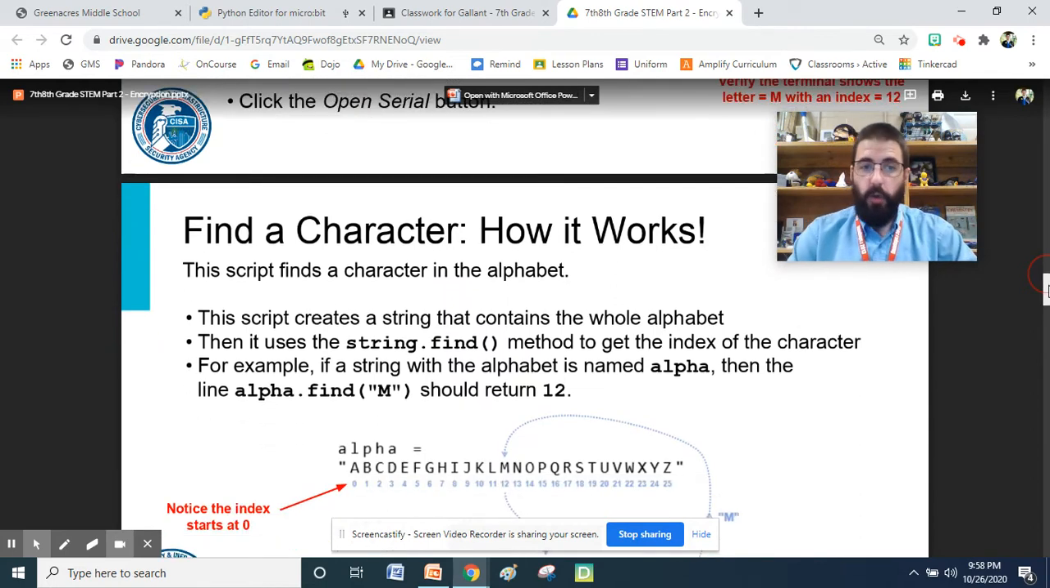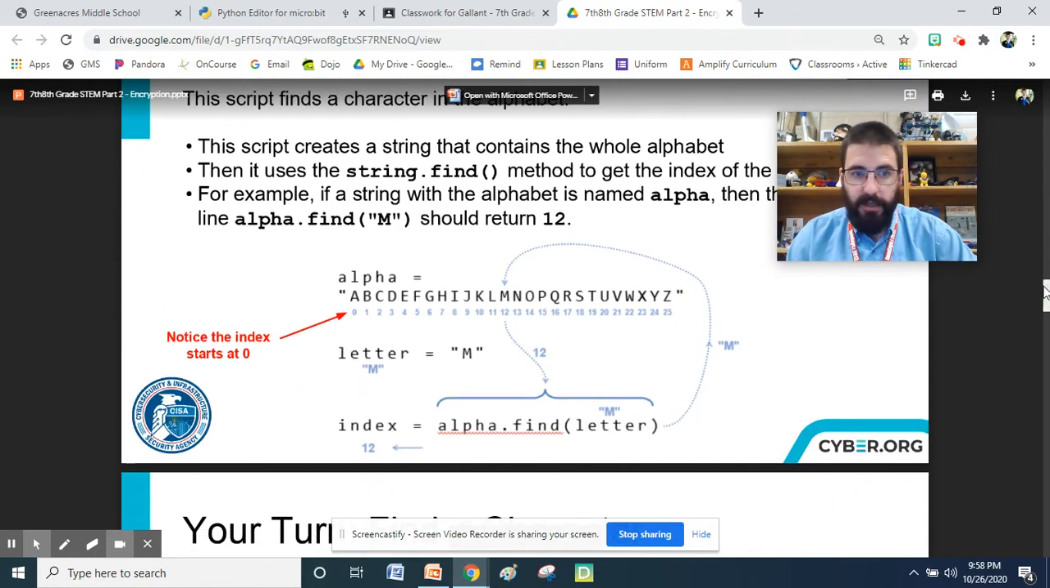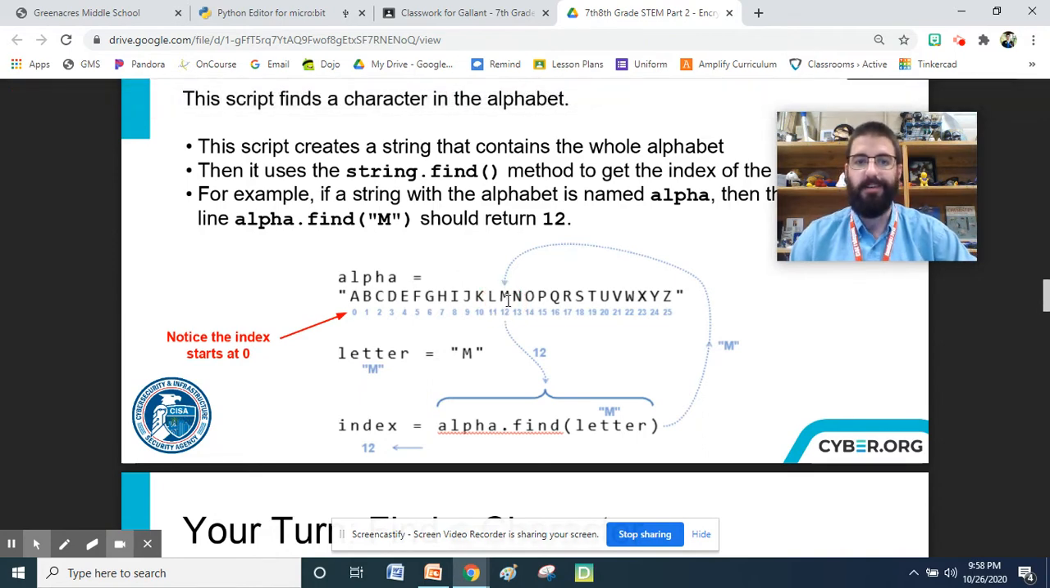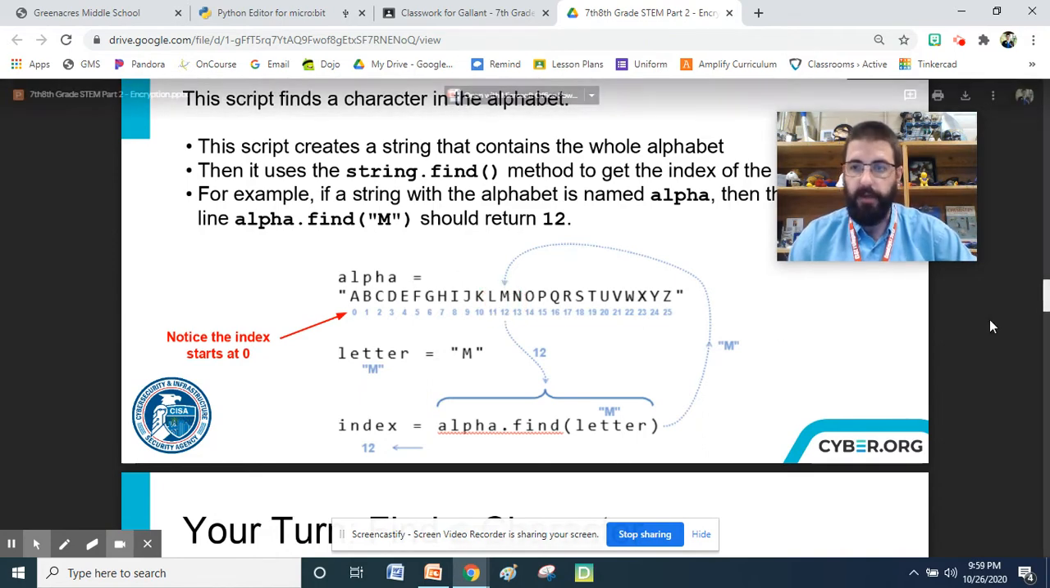Okay, so find a character, how it works. The script finds a character in the alphabet. This script creates a string that contains the whole alphabet. Okay, when it uses the string.find method to get the index of the character. For example, if a string with the alphabet is named alpha, then alpha.find M should return 12, and that is because M is the 12th letter in the alphabet. Okay,